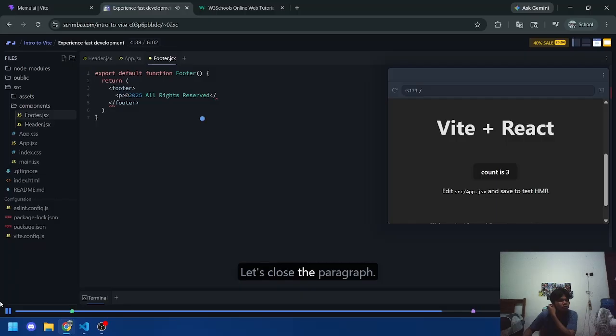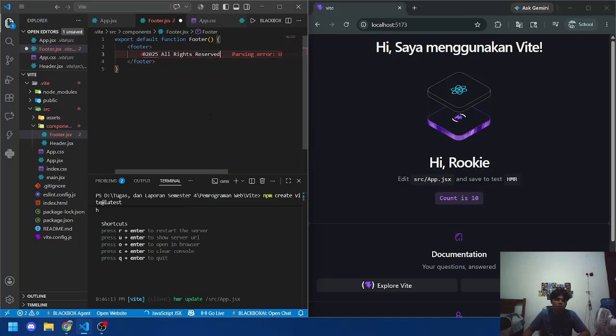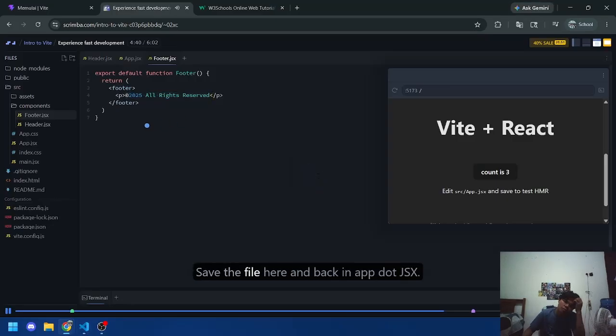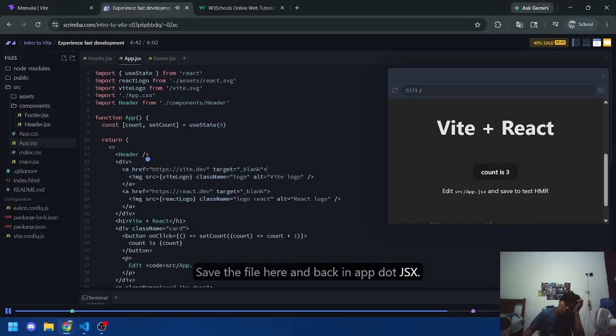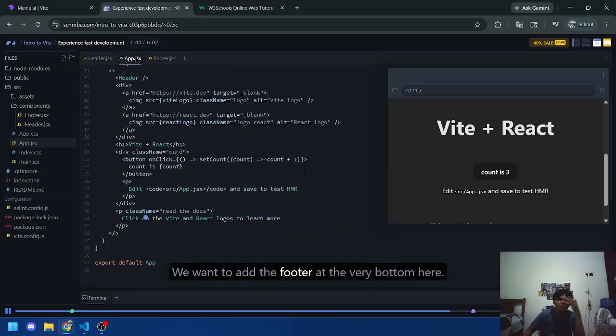Let's close the paragraph. Save the file here, and back in app.jsx, we want to add the footer at the very bottom here, let's say right below this paragraph. Let's make that a